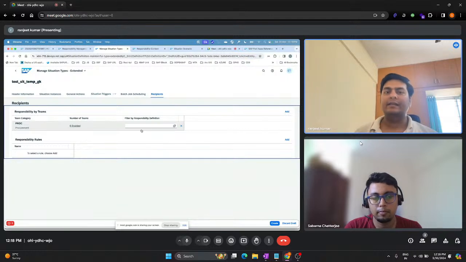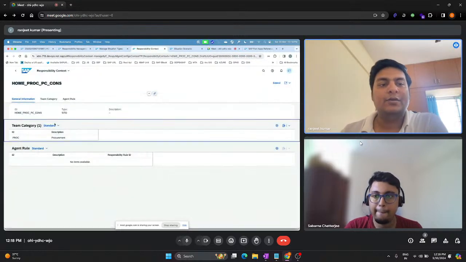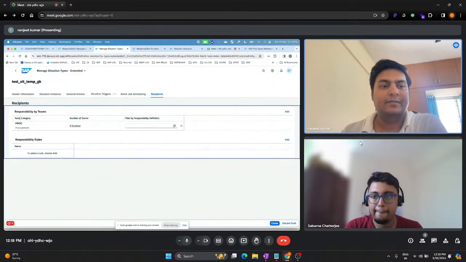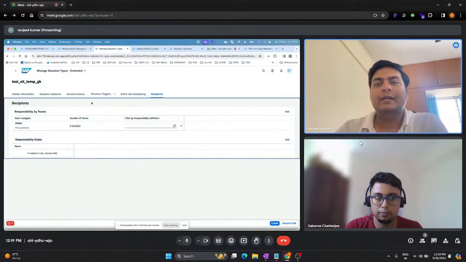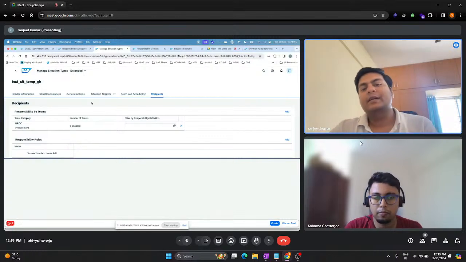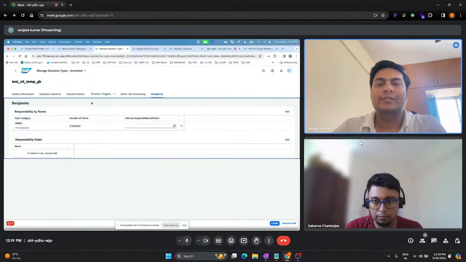Then we go and create a template or type in managed situation type extended. Now we would like to determine the team based on this particular team category, team category procurement. Then how, where can I add my users? Suppose I have five people, I will go with the concept of static in nature. I want to use this team category concept to create a team, and during runtime these people should be determined as an agent or responsible person, who should receive the notification when a problem occurs in my business.